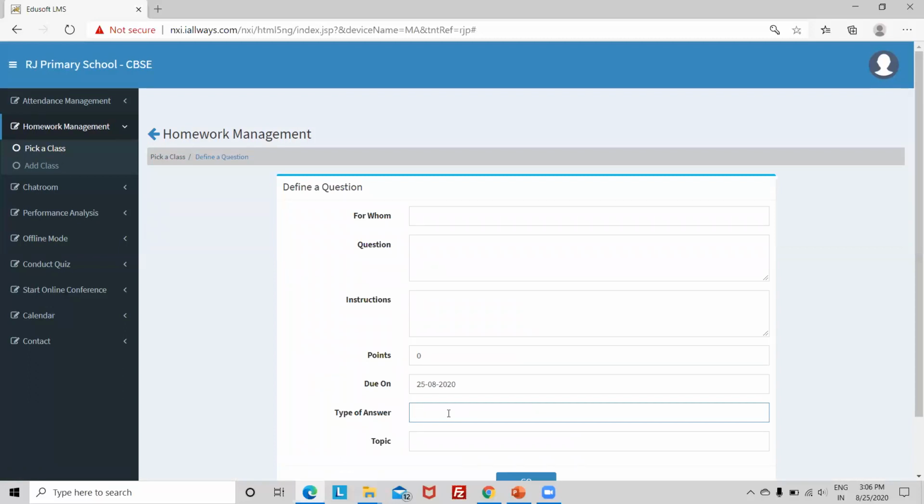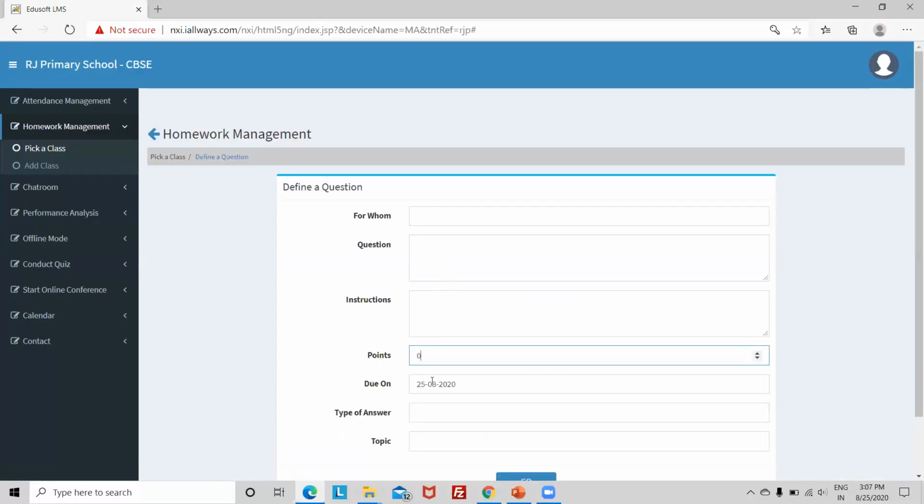Both have points and the teacher can grade the responses. So even for questions there can be grading? Yes, it can be graded, as you can see from the points here.